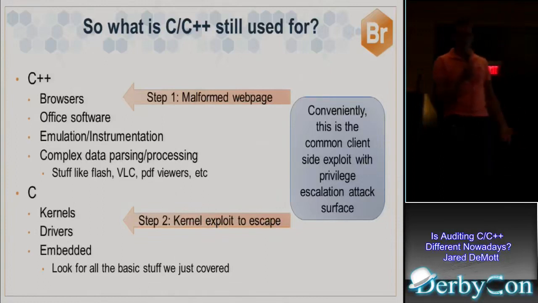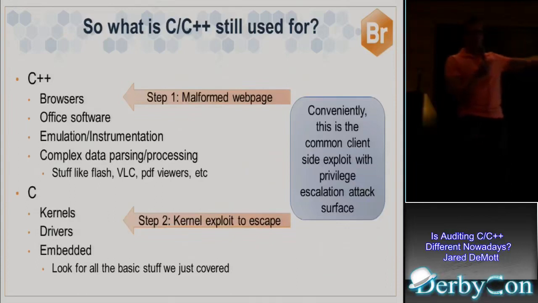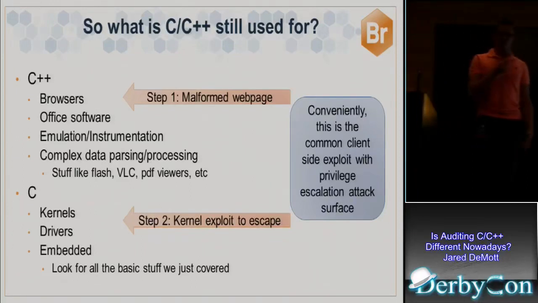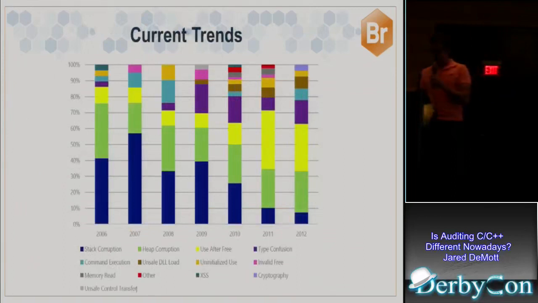If you want to do memory corruption bugs, you need to be targeting fully compiled code. So you might land your exploit against your browser or your Office or your Adobe Reader or whatever it is. And then of course, you're probably trapped in some low privilege sandbox or whatever. So then you need a kernel exploit to get outside of that, to get full control of the system. Luckily, there's still bugs in both, and they're still written generally in fully compiled code, so you can still do all this kind of good stuff that we're talking about. Okay, it's just a little harder in some cases, but that's okay.